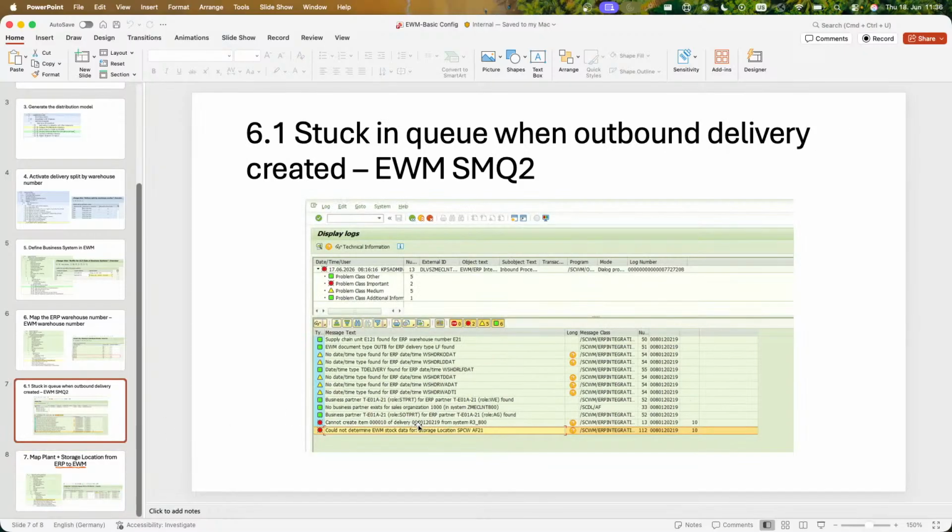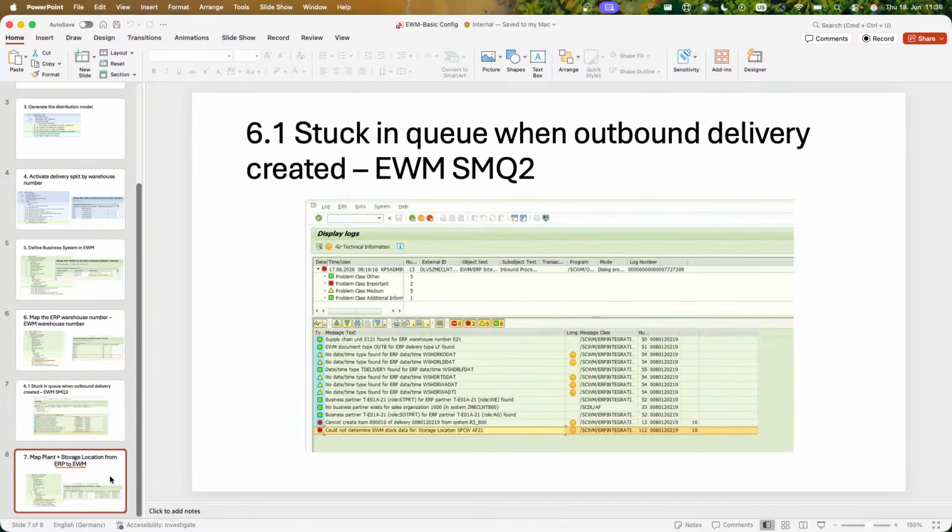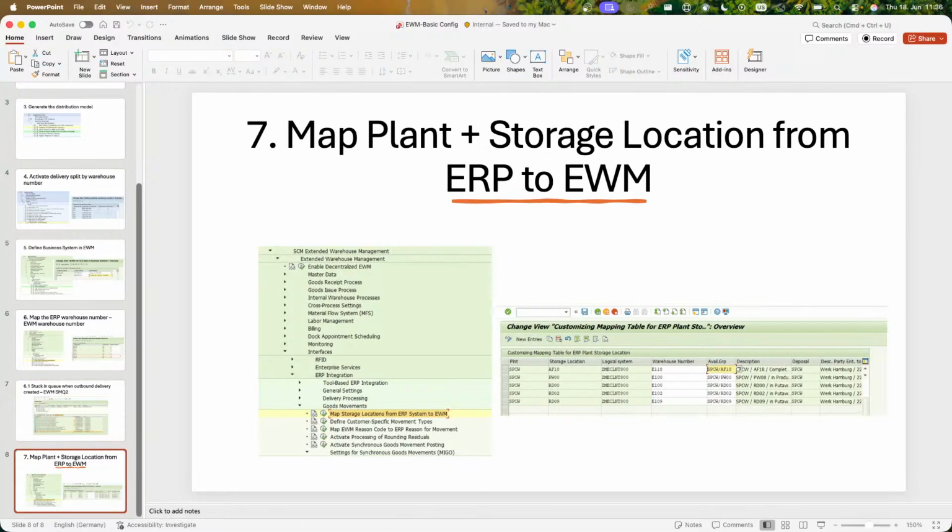Otherwise, all the outbound and inbound deliveries will be stuck because EWM cannot determine the store location that has been defined in the outbound delivery from ERP. Yeah, and after doing this step, we refresh the queue again, and we find every delivery is relevant for our stuff. And now moving to the topic for today,